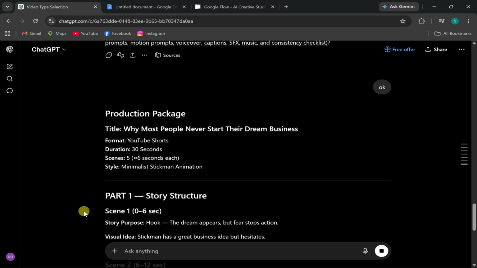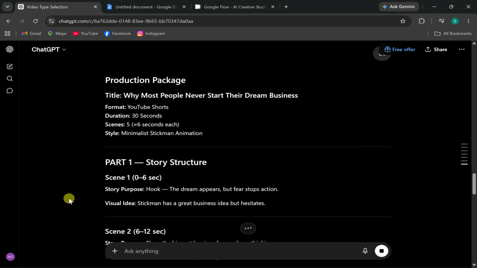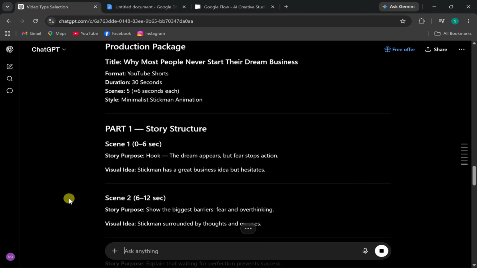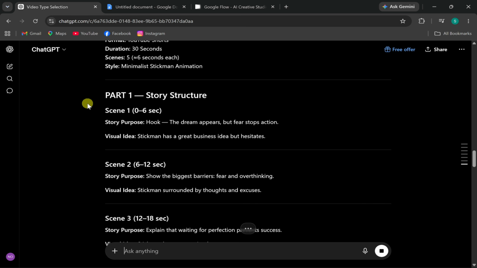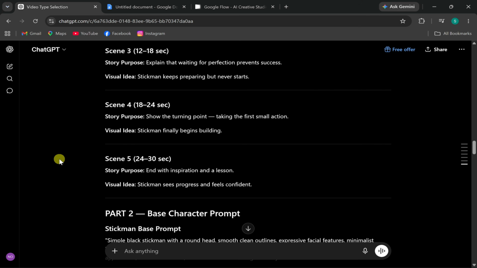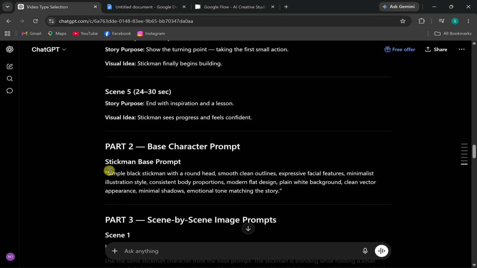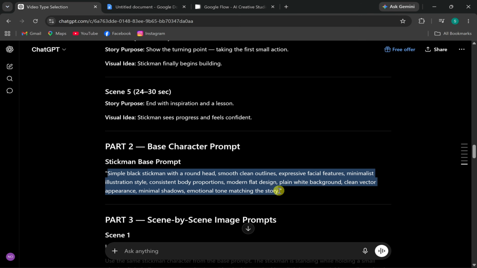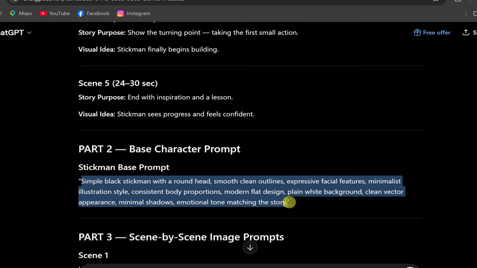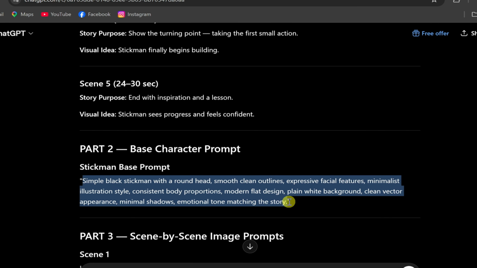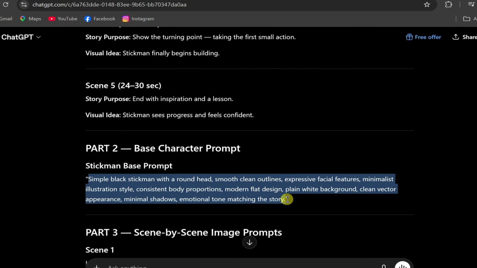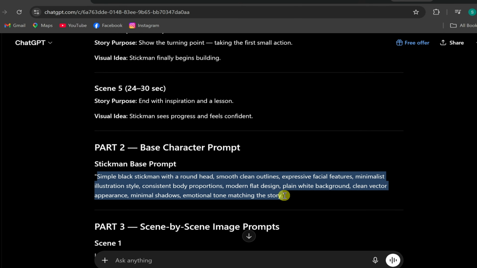Now, ChatGPT generates everything you actually need to produce the video, broken into clear sections. Part 1 is the story structure, a scene-by-scene breakdown of the whole video. You'll lean on this heavily later when it's time to edit. Part 2 is the base character prompt. This is what keeps your main character looking consistent across every scene. Use it first to generate a reference image so you know exactly what your character looks like before you start